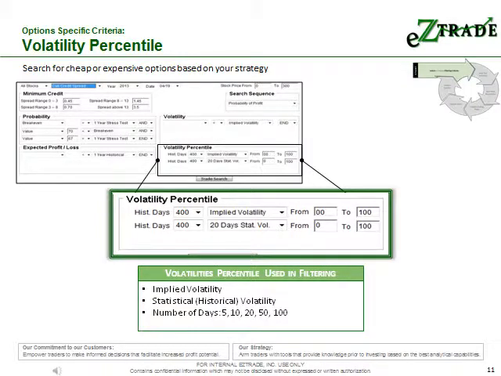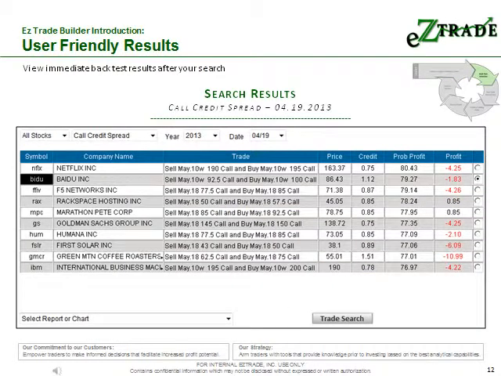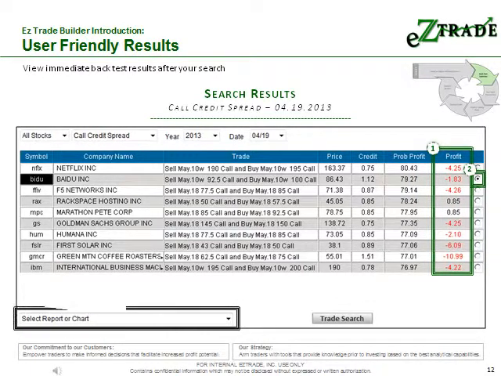This last filter, Volatility Percentile, allows you to search for options that are cheap or expensive relative to their historical readings, back as far as 400 days. After you choose your filter criteria, click on Trade Search. The results will appear in backtest mode, showing you the actual trade, the credit you took in, the theoretical probability